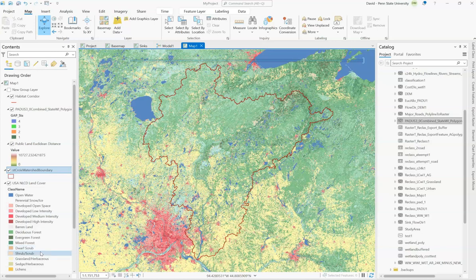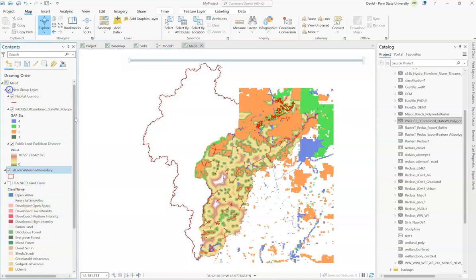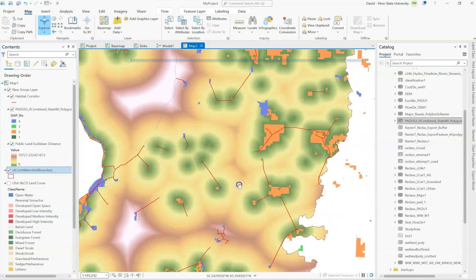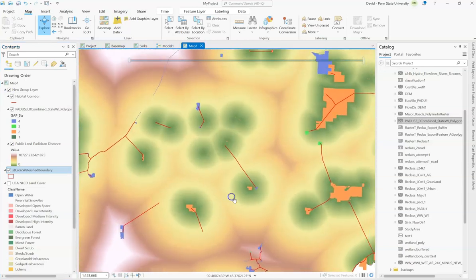To give you a little background of what you will be doing, we will be connecting different habitat patches, i.e. public lands, to one another via the least cost path corridor. So our study region is the St. Croix River watershed, located outside of St. Paul and Minneapolis, and we want to connect different public lands to one another and find the